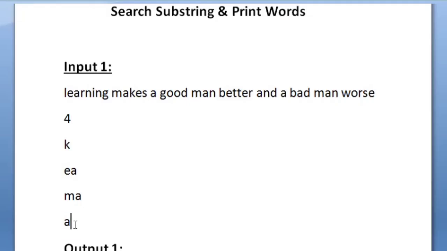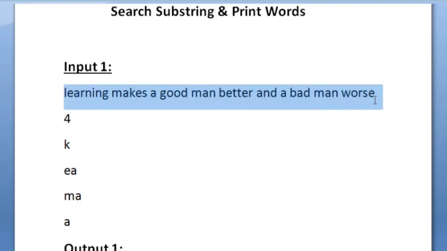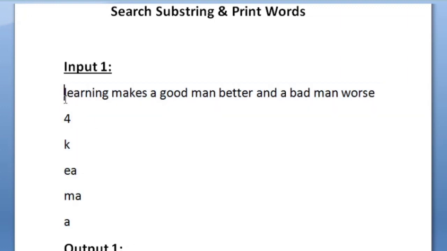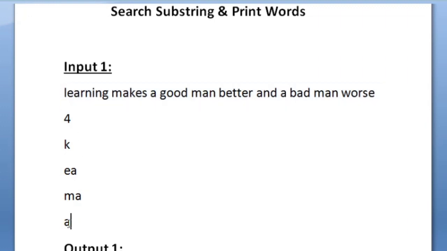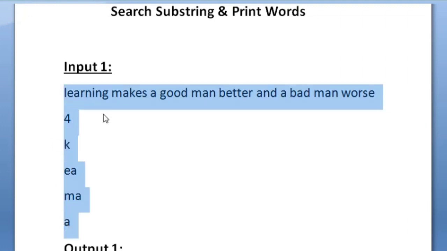So let us take our sample input 1, and when we use a while loop to accept the space separated words, what happens is it accepts the whole input and stores it into the character array S. But what we want is to store only the first line in our character array S. But if we don't use any conditions within the while loop, the whole input would be stored into the character array.